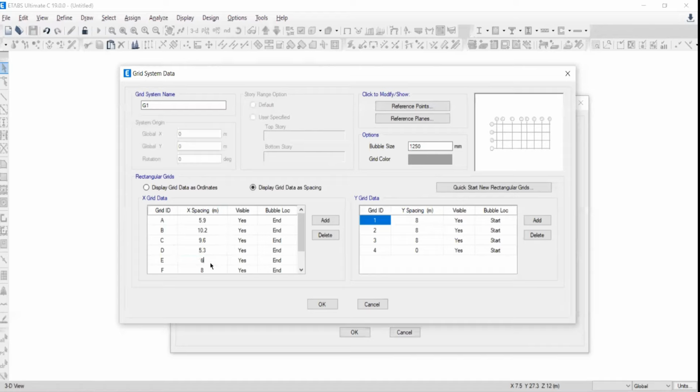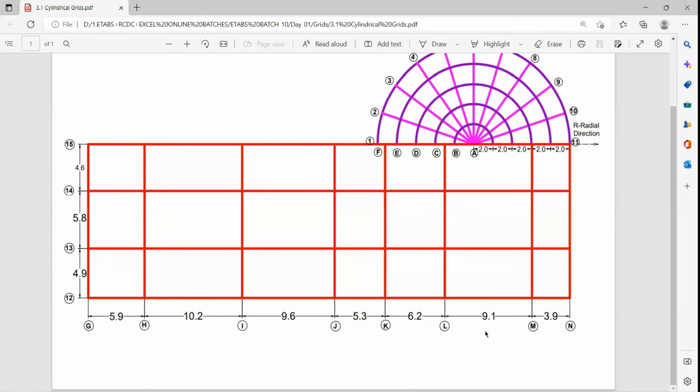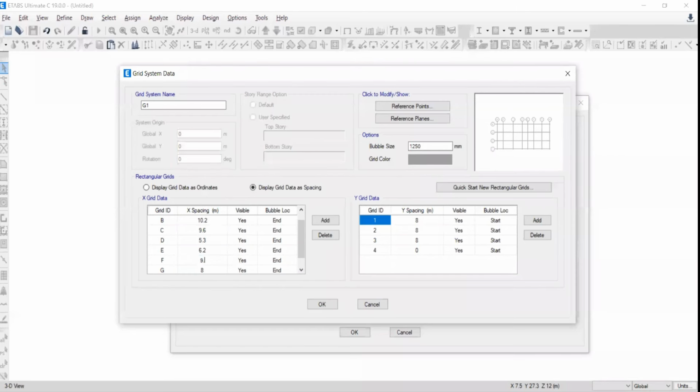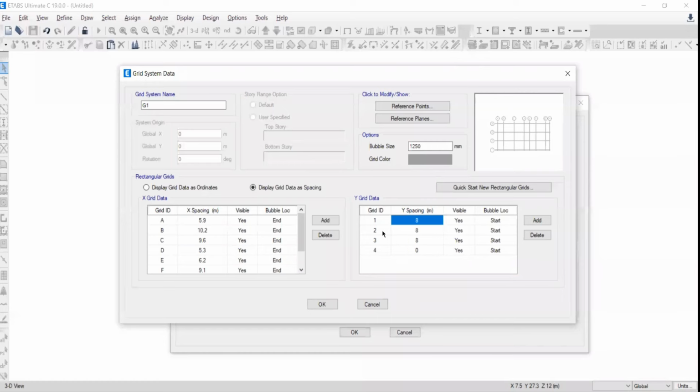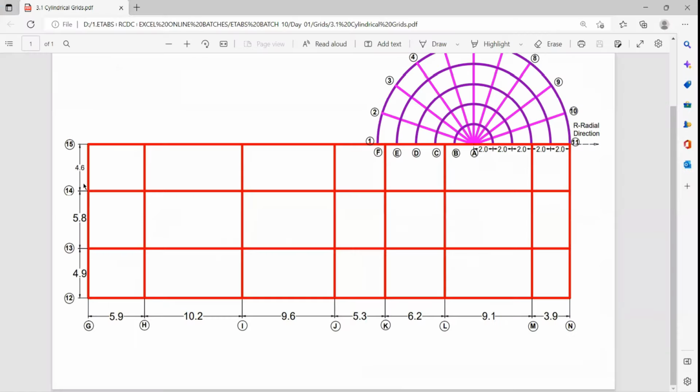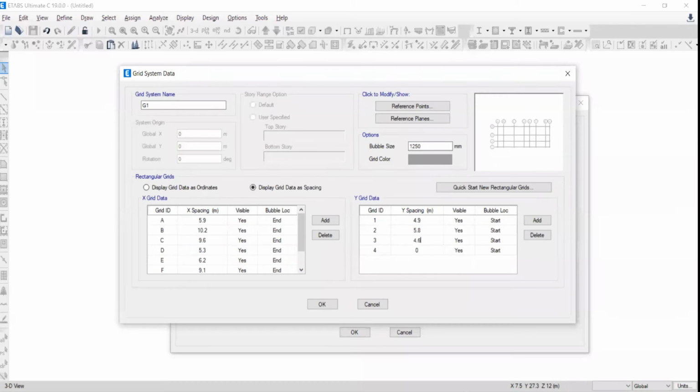5.3, 6.2, 9.1, 3.9, 9.1, 3.9, done. So this is the way. Now come to this side, 4.9, 5.8, 4.9, 5.8 and 4.6. Very good. 4.6. So accordingly, in this short window, you can see what you have edited, and you can find these things